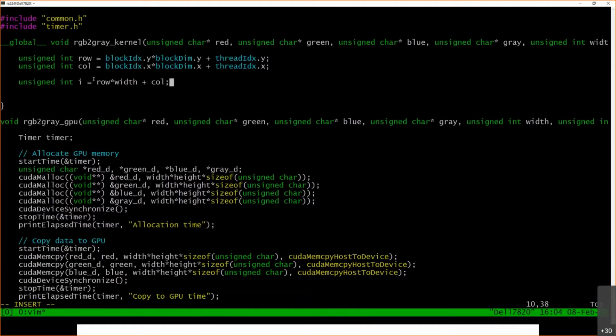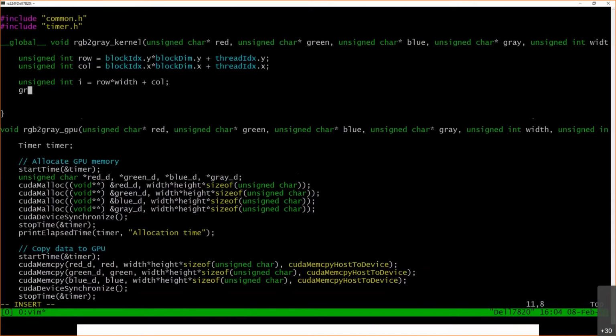Now what's left is to read the red, the green, and the blue components and convert them into a gray component. So here I can write gray of i is equal to... I notice every thread has a different row and a different column. So every thread will have a different value of i, and every thread is going to be writing to a different output pixel. Okay, so I'm going to write gray of i is equal to